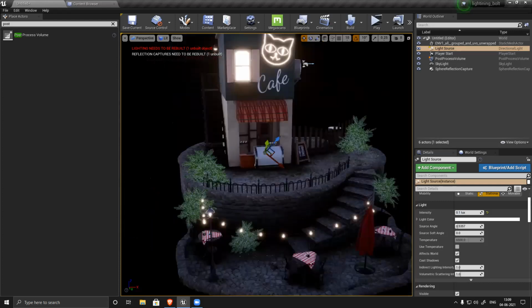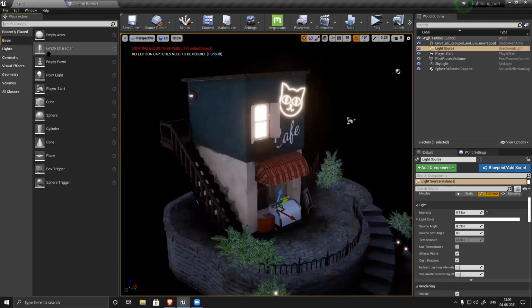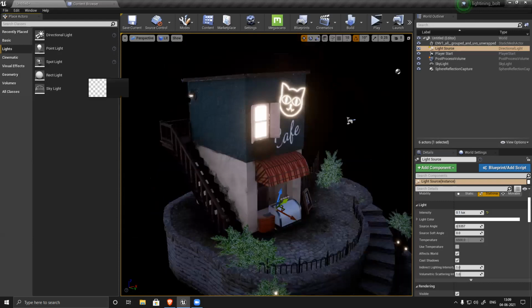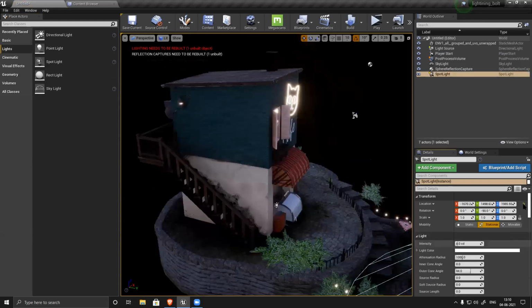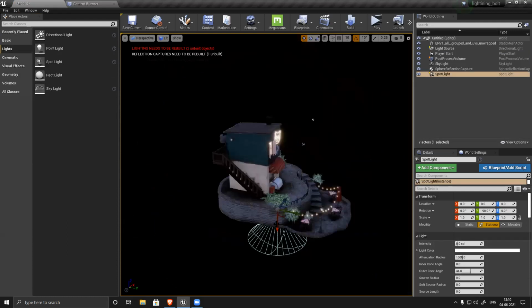So now I have to place lighting one by one. Go to light, this is the light. I need a spotlight here. Drag, drop it here.